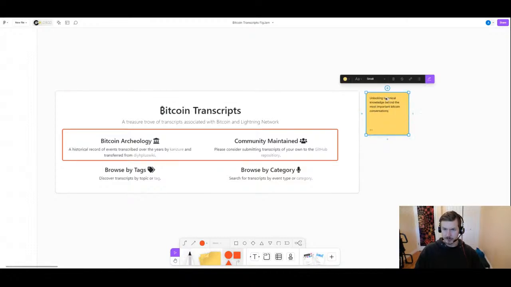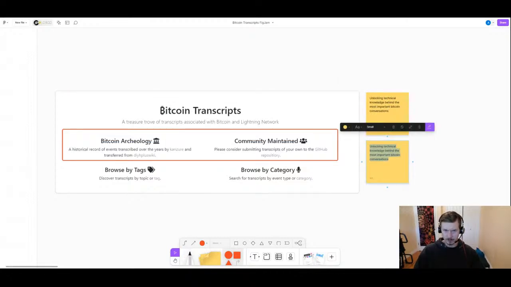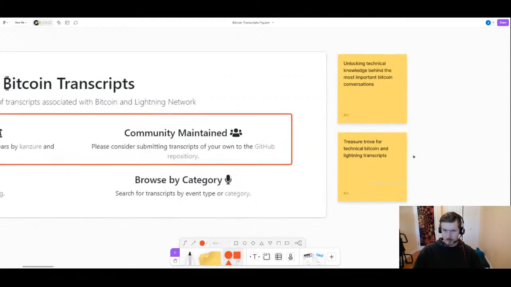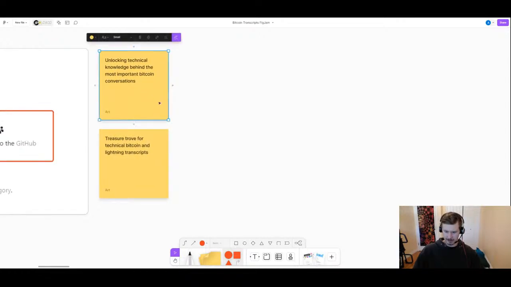Let's just keep fuddling here. Treasure trove transcripts associated. I mean, that could be trimmed. Treasure trove for Bitcoin and Lightning. What about this: technical Bitcoin and Lightning transcripts? What about something like that, or maybe something like